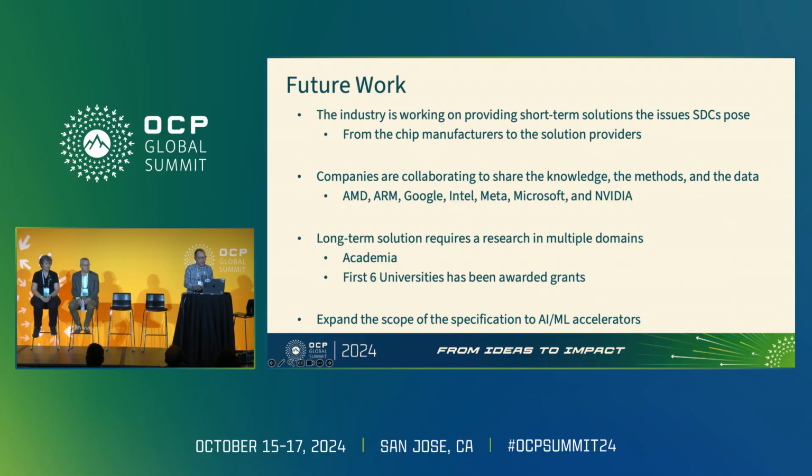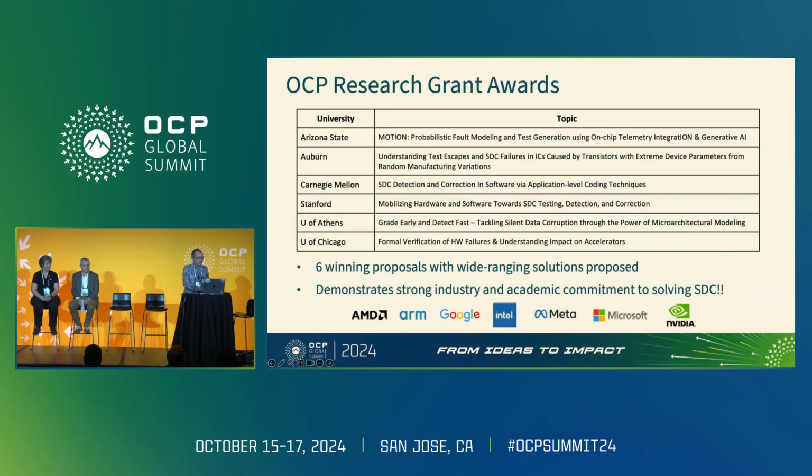Six universities have been evaluated. The scope of the future work as part of this work stream is that we'll be focused a little bit on AI and machine learning accelerators for the next revision of the specification. So the workstream funded these six universities